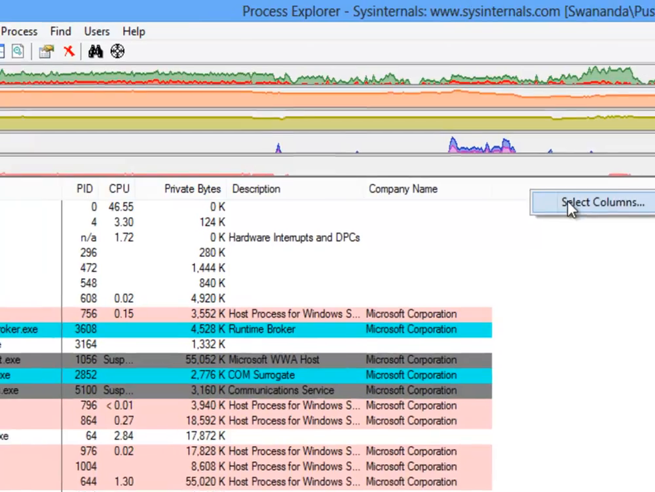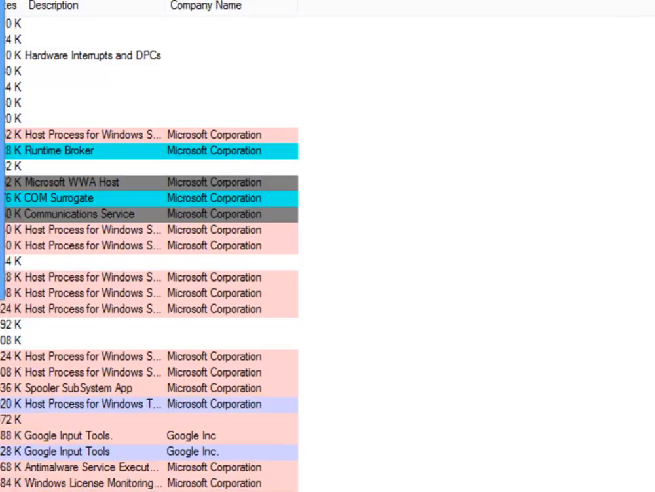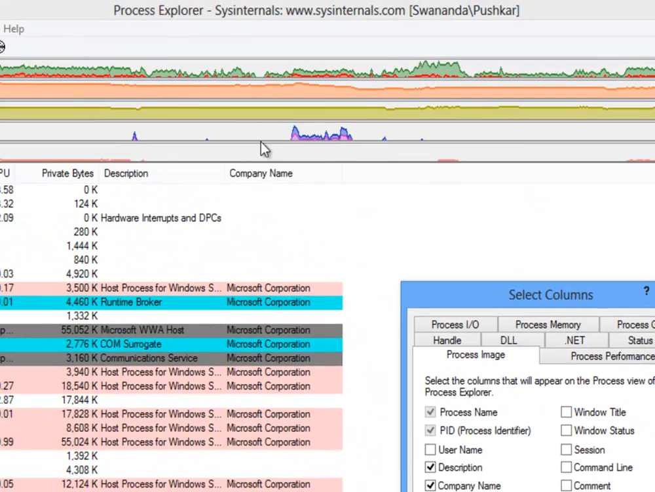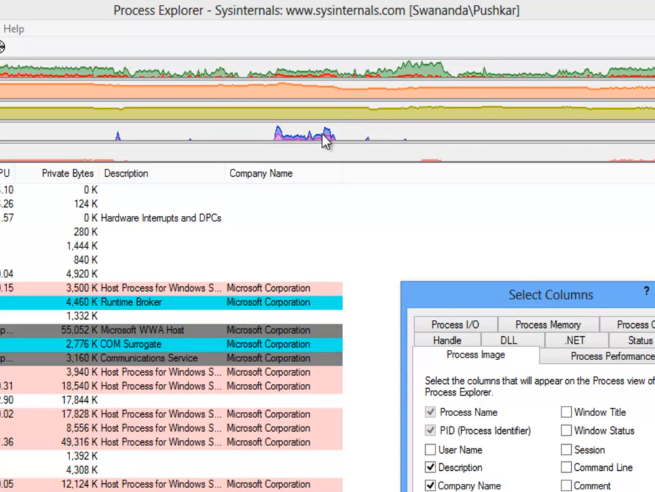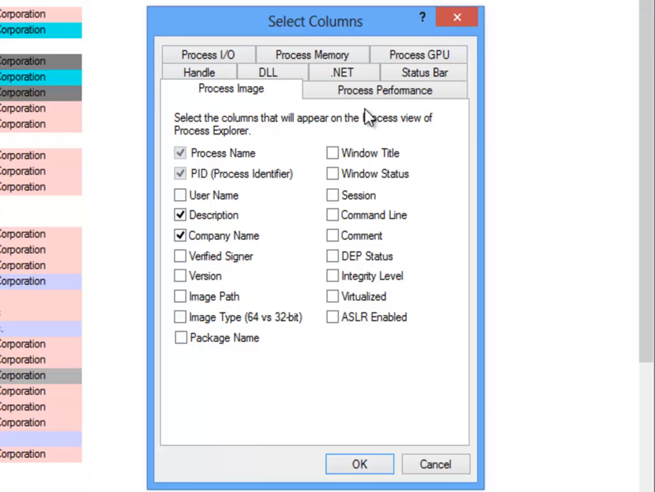Now again we select some more columns. These graphs are showing you total system usage, total RAM usage, total hard disk interaction. Okay, now if you want to find which software is the culprit, then you have to see the individual usage of all these softwares. So you have to go to select columns and select some specific columns, such as if you want to have Windows Title,